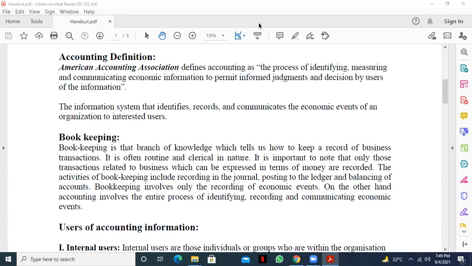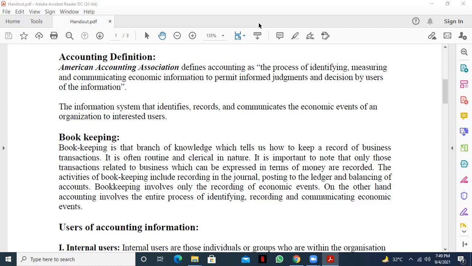সবাই কি বুঝতে পারছে? বুককিপিংটা ট্রায়াল ব্যালেন্স প্রিপারেশন পর্যন্ত, রেকর্ডিং পর্যন্ত সীমাবদ্ধ, এরপরে আর কন্টিনিউ করে না।